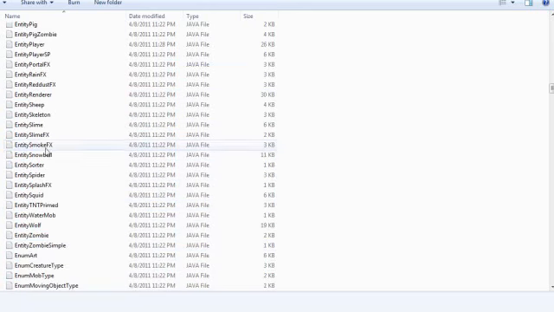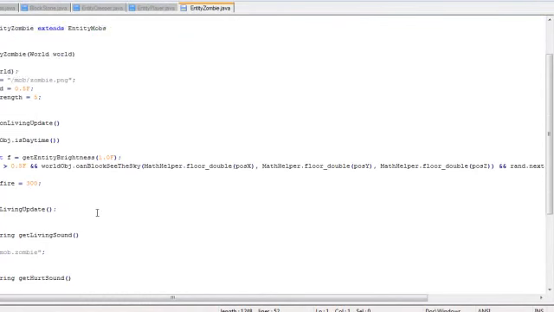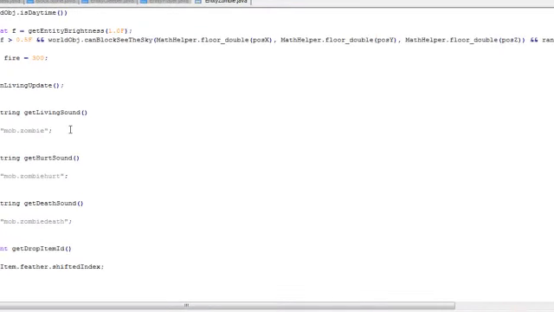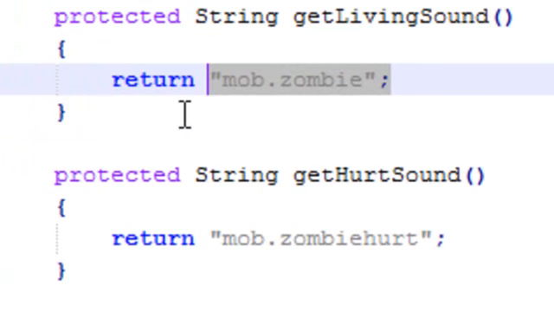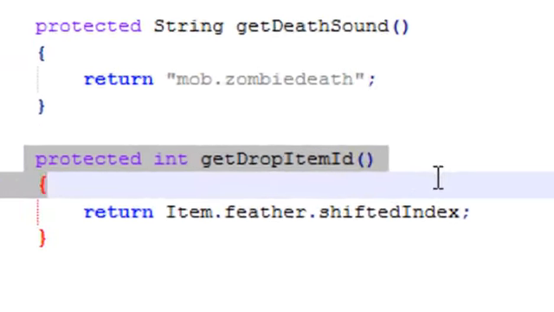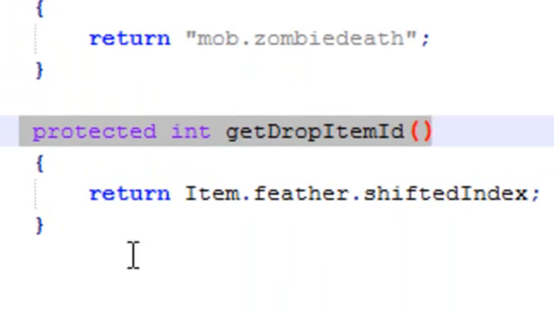Something else. How about let's change entity zombie, and ignore the sounds, because unless you have a sound file that you'd want to change, then change it to that. But go down to protected int getDropItemId(), down at return Item.feather.shiftedIndex;